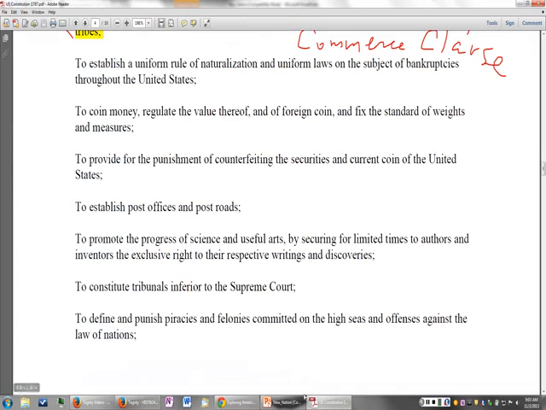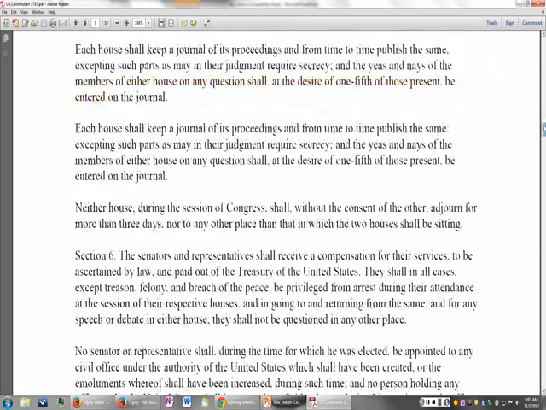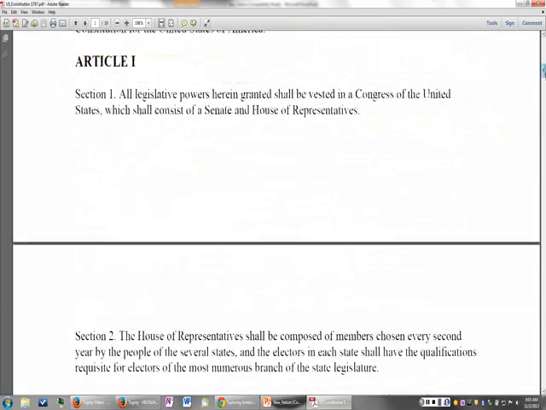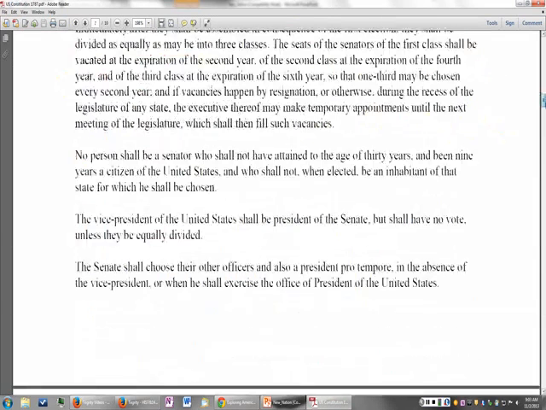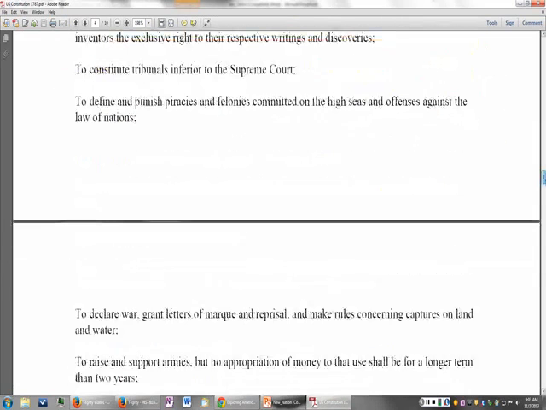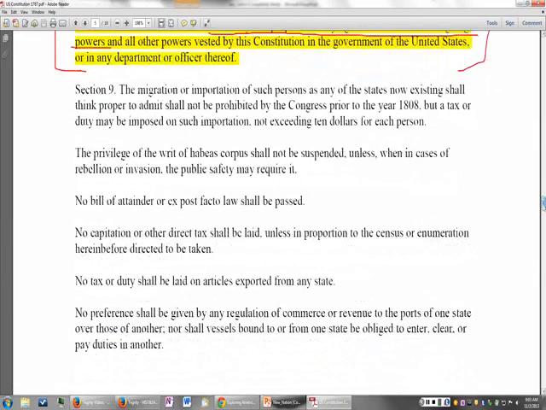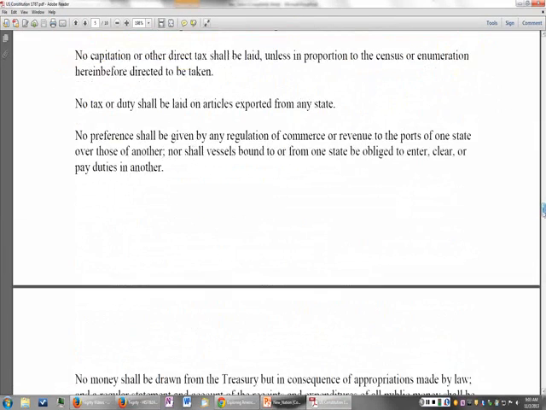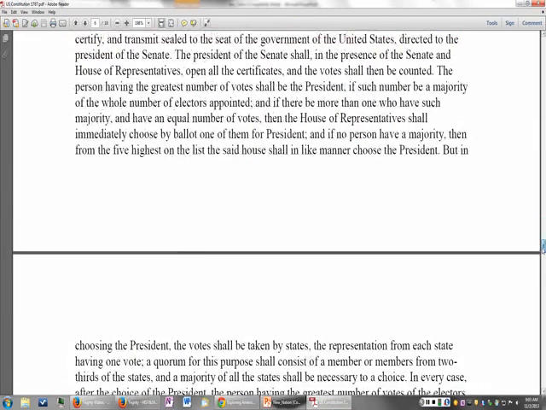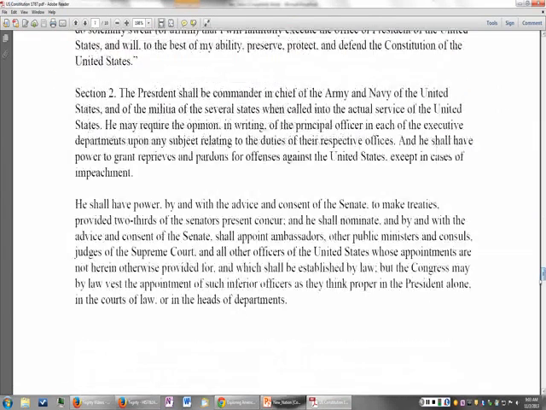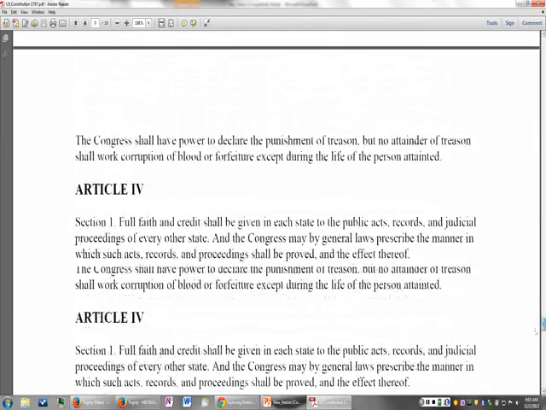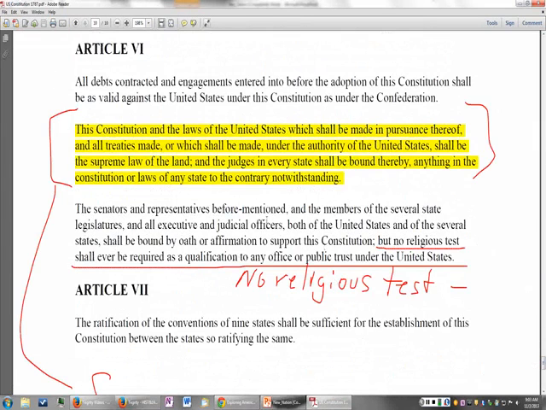Well, let's look at our Constitution. If you read the Constitution, you're going to find, and I encourage you to do this, that nowhere in our Constitution is there a mention of God or religion, except, and the only mention of religion in the body of the Constitution, and this doesn't include the amendments, is one place, the 6th article, where it says that no religious test shall ever be required as a qualification to any office or public trust